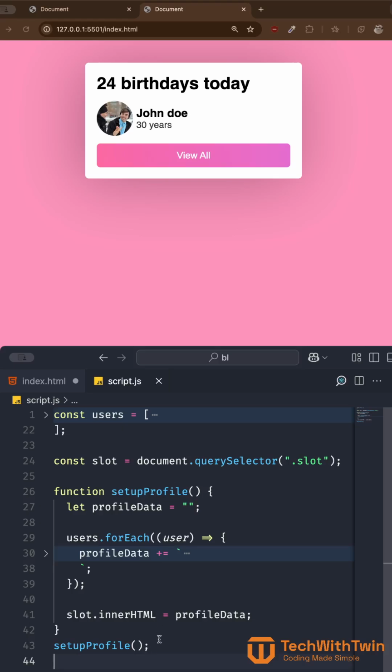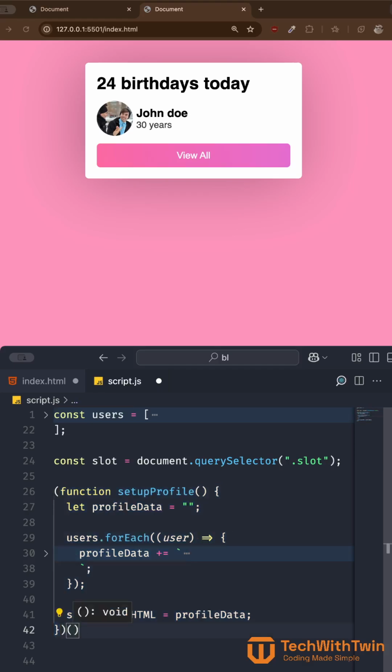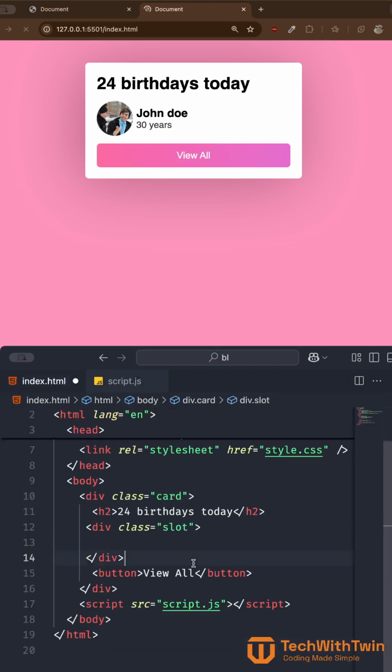All right. But now there's a simpler syntax. Instead of doing all this, you can create an immediately invoked function, whereby you wrap the function inside some parentheses and then call it. Simple as that. This is called an immediately invoked function expression, IIFE, something of that sort. This function will be called immediately when this file loads. And then if we save here,